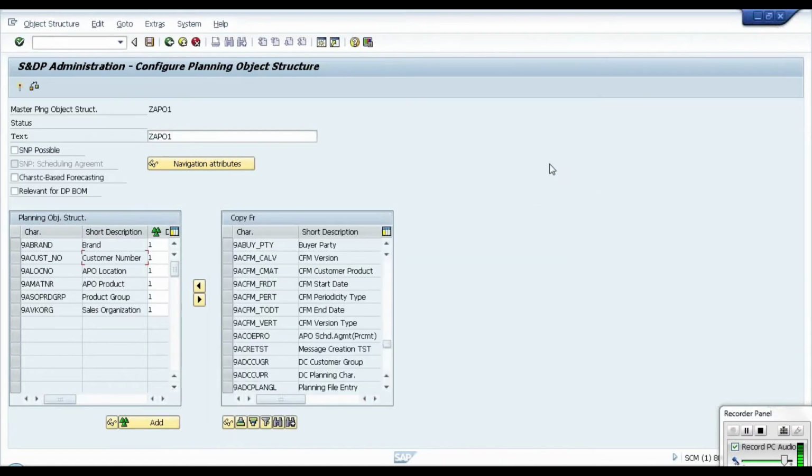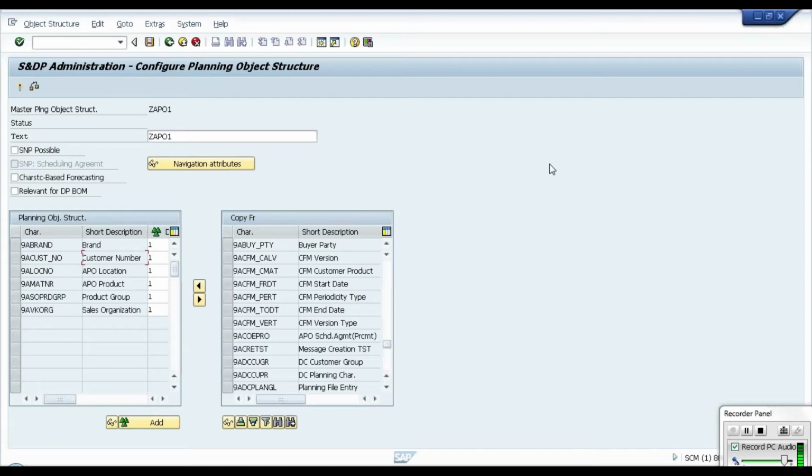As I told, for example, the product again we can differentiate as a promotional product or non-promotional product. For manufacturing and planning we will follow the same process, but here I want to see the data at a different level. Say for example, my total demand for product A is 100. In that 100, 70 is the promo product and 30 is the non-promo product. Basically it is the same product, but we can see the differentiator between promo and non-promo. So that time we can create those as a navigation attribute.